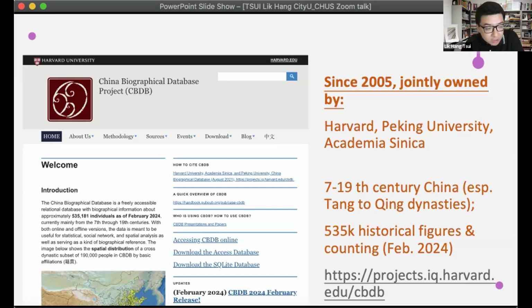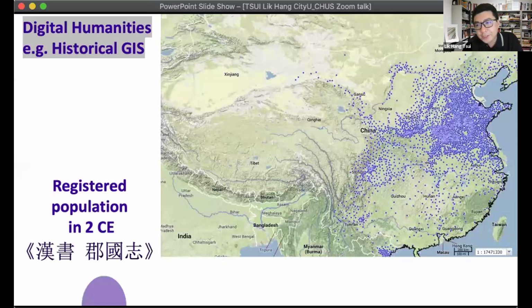So the possibilities of digitization and using data for studying history are tremendous. We as historians no longer only rely on textual sources, books and archives and images, but also, of course, their digitized form. And for instance, digitization has enabled us to visualize historical problems like this. Here in the slide, it's the geographical distribution of registered households in dark blue dots under the Han dynasty mapped out. And this, of course, could be